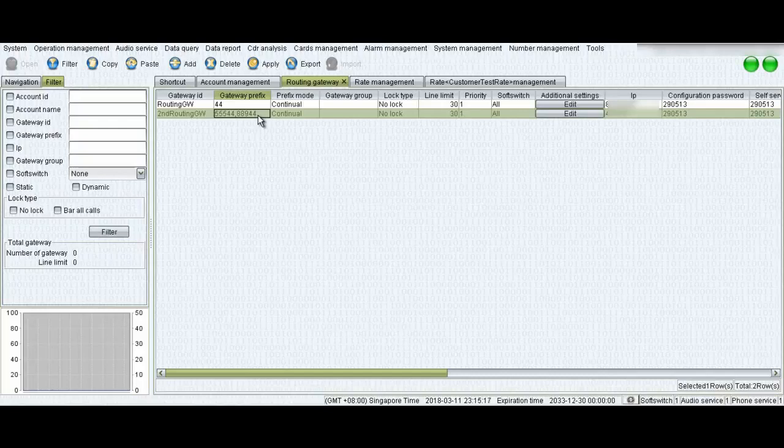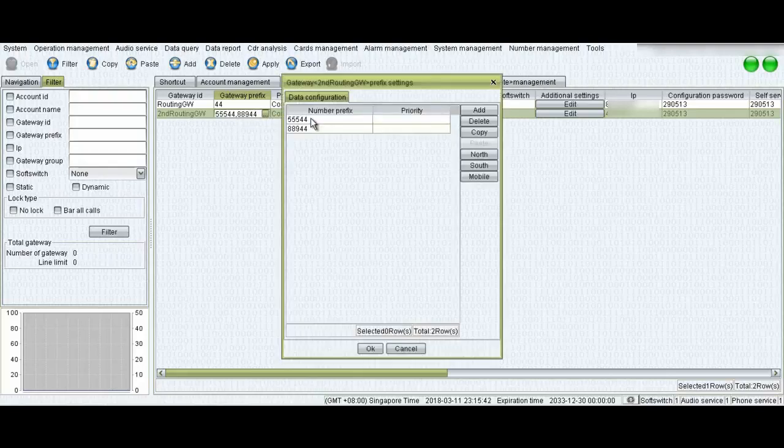If you have only a few routing gateways like 1 or 2, you can now enter only the starting prefix, which is 555 or 44 or whatsoever. But if you are dealing with A to Z routes and you have multiple routes, then you must define the complete prefix, starting prefix, country code and area code on this section.